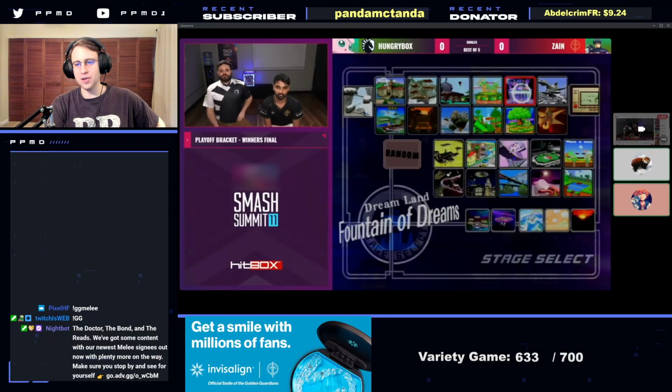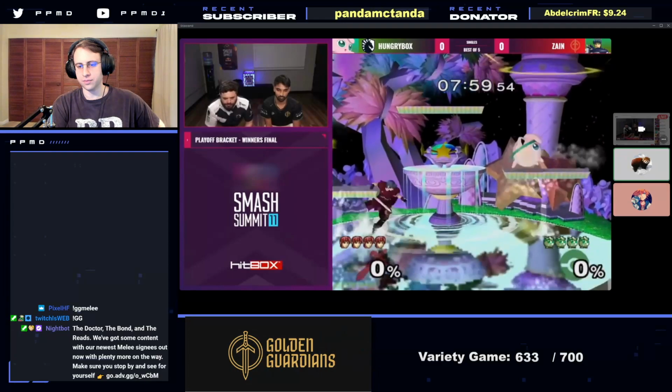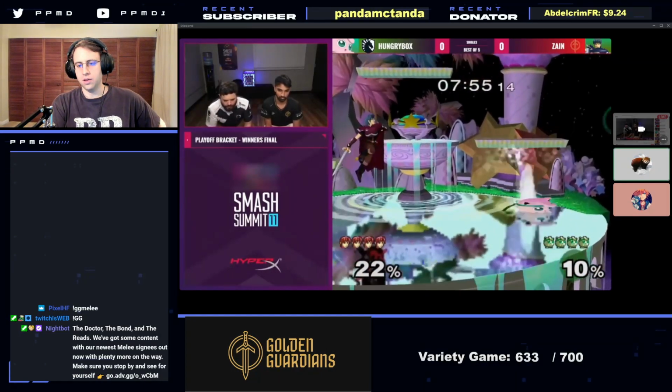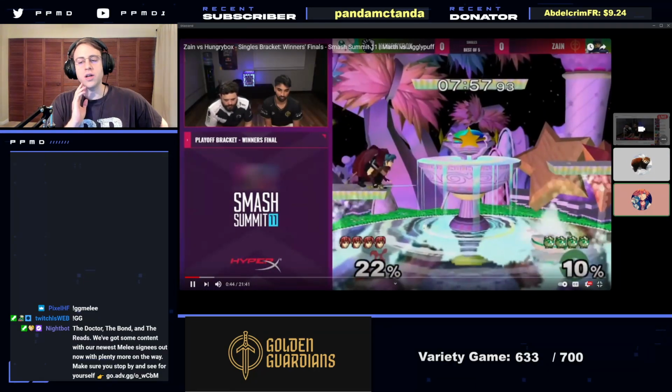All right, here we go. Fountain first game. I think this is pretty standard, because I kind of want to get the Marth perspective. So you're starting out at Puff's at 0. What are you on? What you really don't want to hit. Something as Marth you don't want is...